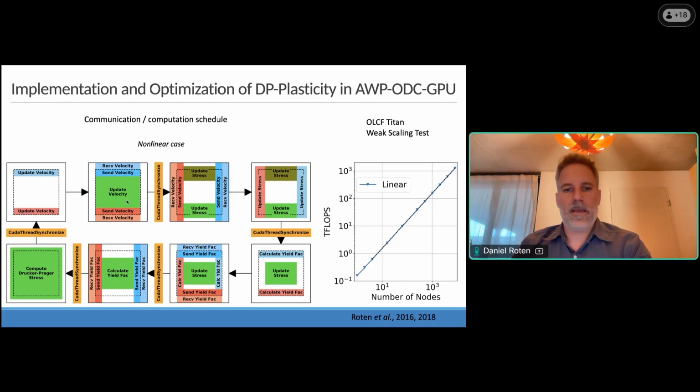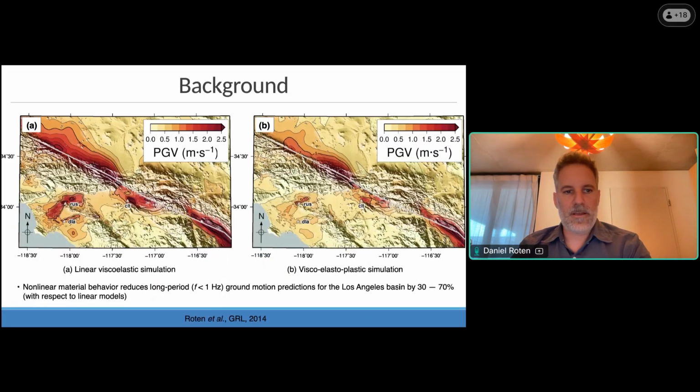And when we implemented the plasticity, we also had to rework the communication and computation schedule, which becomes a lot more complicated in this case. The stresses were first updated in the border region, and we started doing plastic computations again in the border region, while we still keep updating the stress in the central region of the subdomain. Then those yield factors R that I mentioned before are swapped with adjacent subdomains, and this happens while the stress update is still going on. Then when you calculate this yield factor in the center of the domain, you swap the yield factor in the east and west sides.